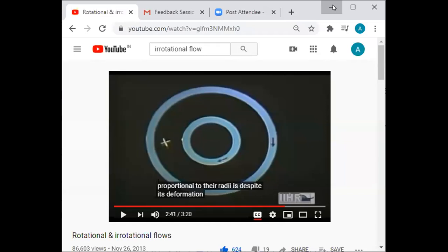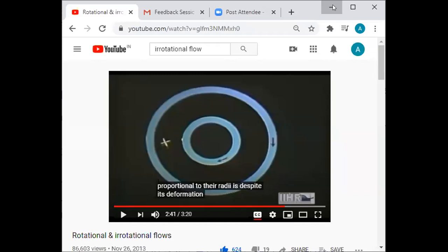But now just think about this: what just happened to that cross, that when it was slightly away from the center, it was not rotating, but when it came to the center, it started rotating. So just compare this situation with the flow of water over a flat surface. If you remember, when I said that the water is very close to the flat surface, what is going to happen? Viscosity will come into the picture. This is the same thing that happens here also.